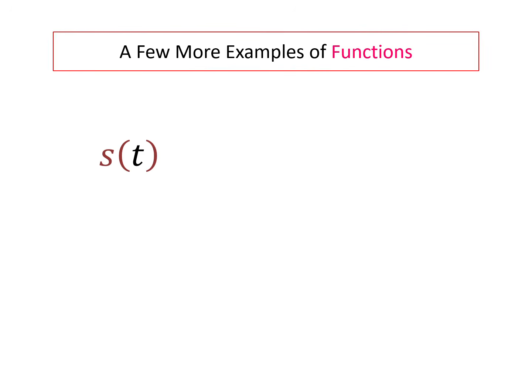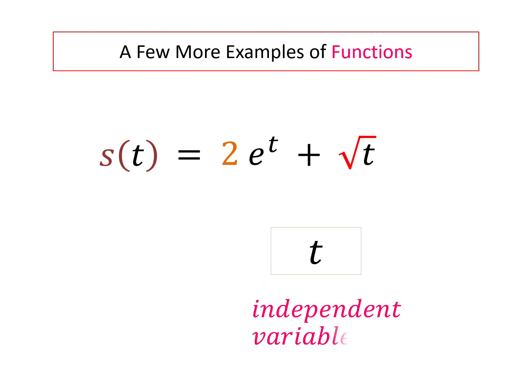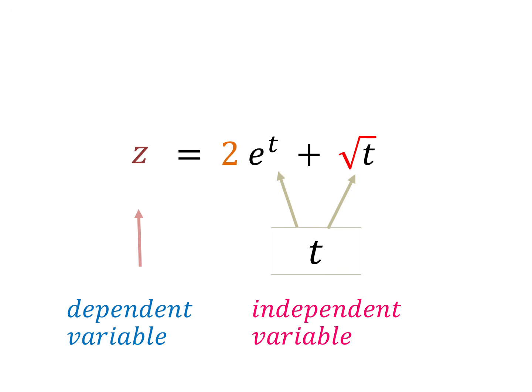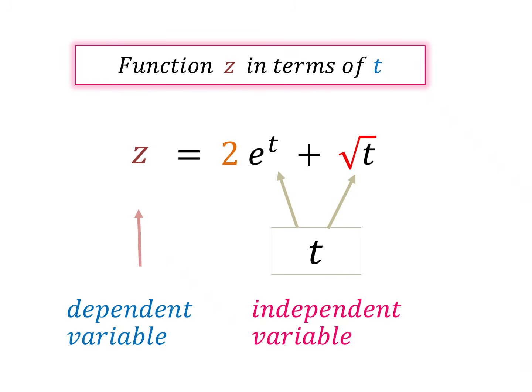The last function of this video is s(t), a function of t as independent variable and s(t) as dependent variable. Here s(t) can further be simplified by naming it z to help us manipulate this expression or relation or differentiate it, like to find dz by dt, etc. So here we can call z in terms of t or z is a function of